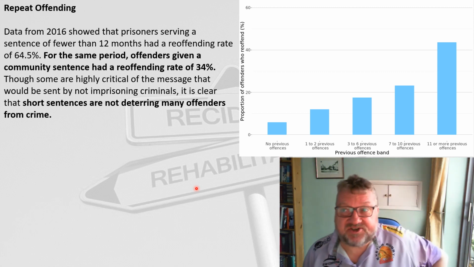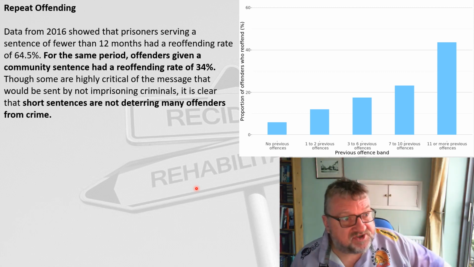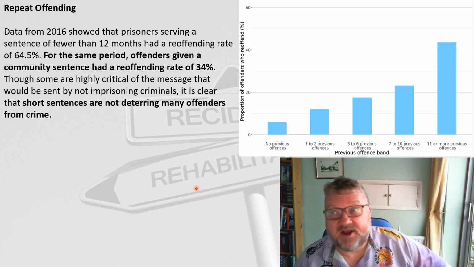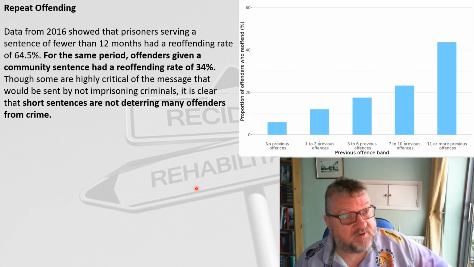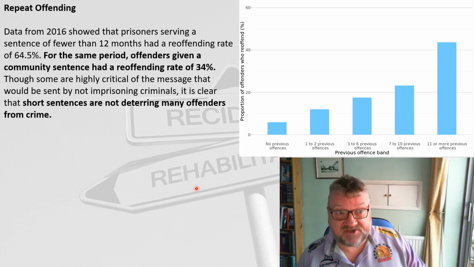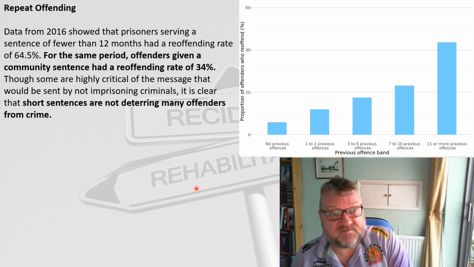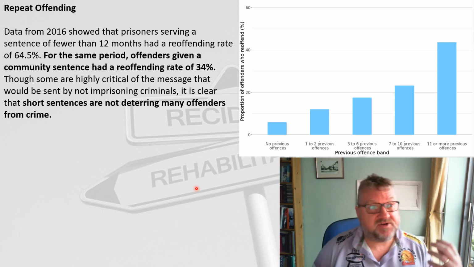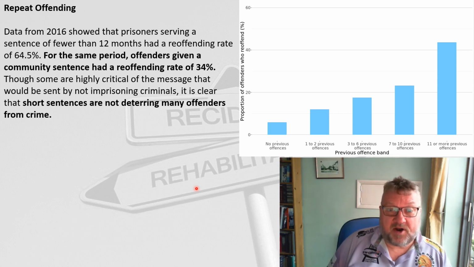Data from 2016 showed that prisoners serving a sentence of less than 12 months had an offending rate of 64.5%. For the same period, offenders given a community sentence had a reoffending rate of 34%. Now, what does that show us? Well, that shows us that actually it looks as if community sentences are more effective in stopping reoffending than prison